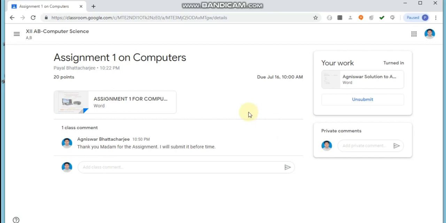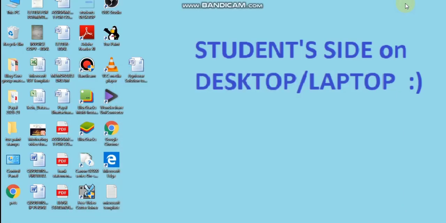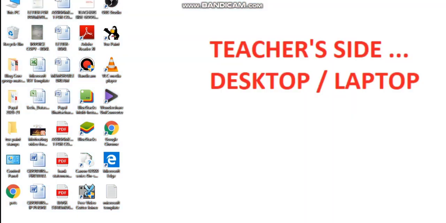Now from the teacher's end, the teacher will be able to see your assignment, that you have already submitted the assignment. So let's see it from the teacher's end. Now we will see from the teacher's side how it looks when a student submits his or her assignment.